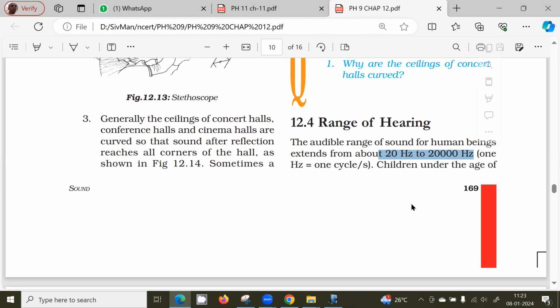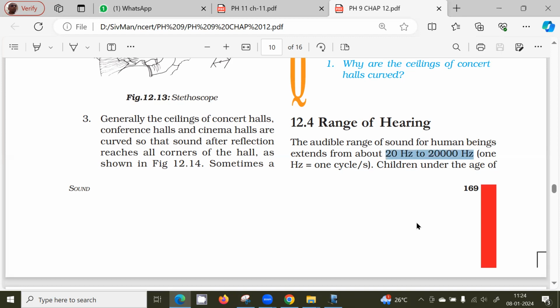But if the eardrum is not able to pick up frequencies less than 20 hertz, even if we create sound of 15 hertz, the human ear won't be able to hear it. Similarly, if the frequency is, say, 30,000 hertz, then the eardrum will not respond to it. For the human ear, it can respond only to frequencies within that range.